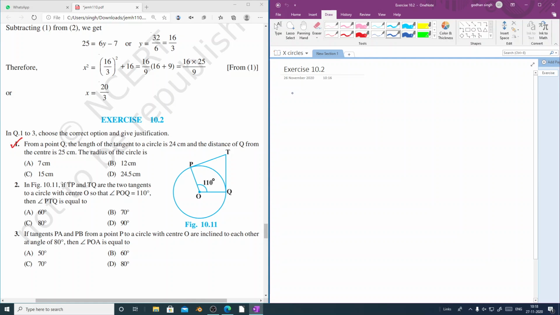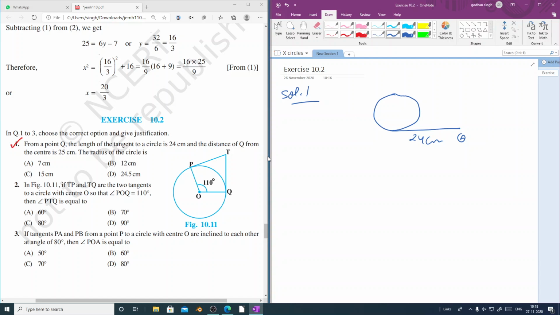So solving exercise 10.2, question number 1. Solution 1, we will draw a figure. So this is the circle and let this be a tangent. From a point Q, the length of the tangent to a circle is 24 centimeter. So the length of the tangent is 24 centimeters. So let this point be Q,